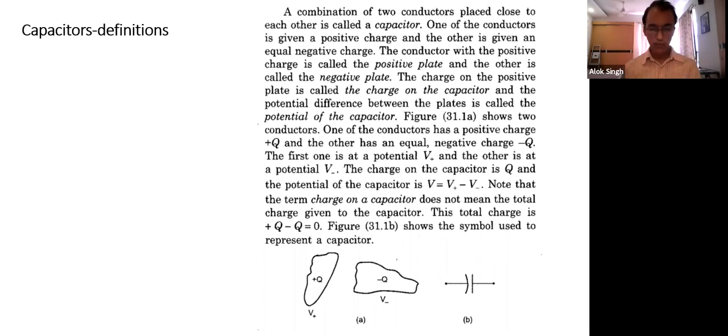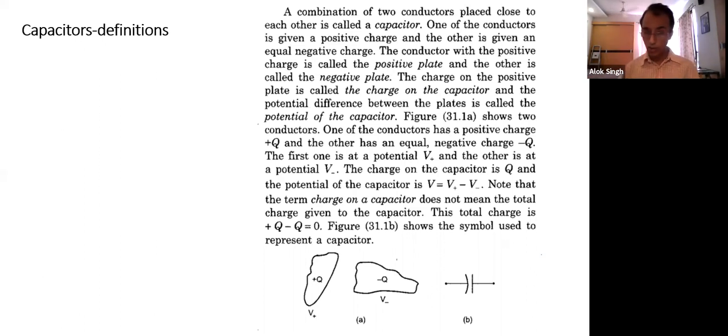So what are the terms we have defined? We have defined capacitor. Any two conductors separated by a distance is a capacitor. We have defined charge on a capacitor. Typically, if a capacitor is charged, if one has whatever positive charge, the other will have equal negative charge. The one with the positive charge is called the positive plate. The one with the negative charge is called the negative plate. And the charge on the positive plate is called the charge of the capacitor. Or we can also say the mod of the charge on either plate is called the charge of the capacitor.